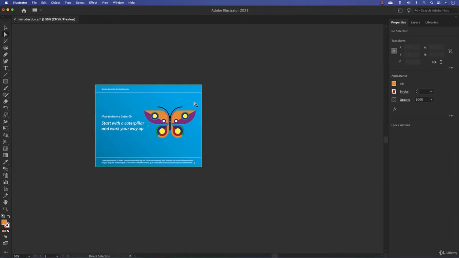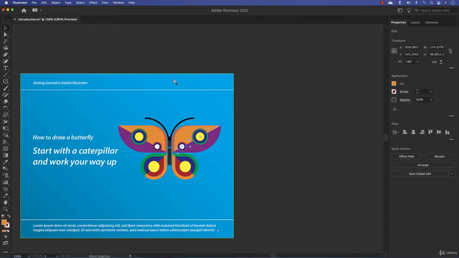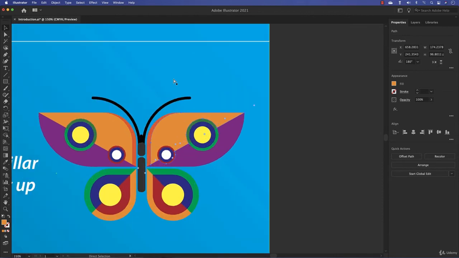So this is a nice, fun way to do zooming in and zooming out, but there is better. Most of the time, we don't want to just zoom in. We want to select an object and zoom on this subject. I will go for the selection tool. The shortcut here is Command and equal sign, or the plus sign on the main keyboard. Here you are. Notice the object has now been centered in the middle of the screen and you are